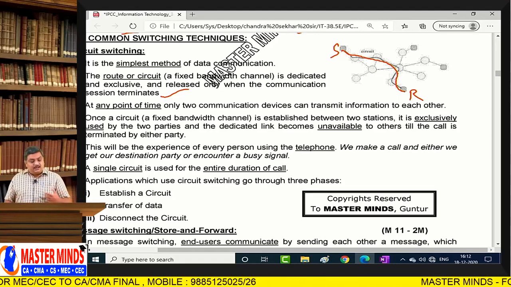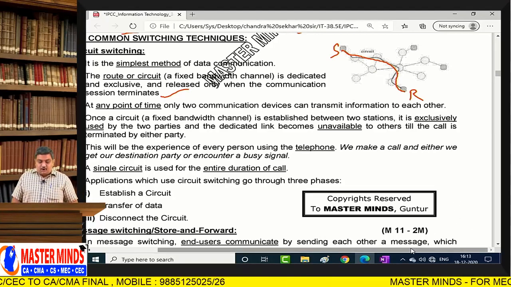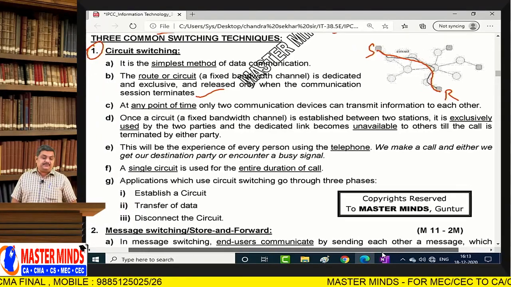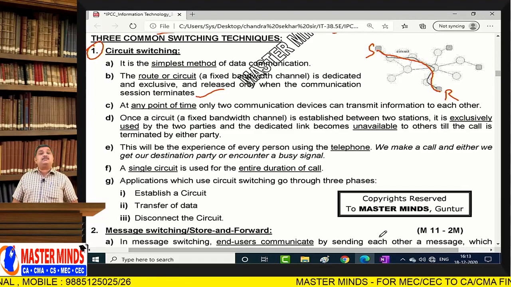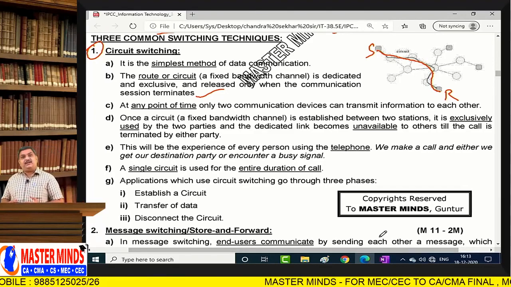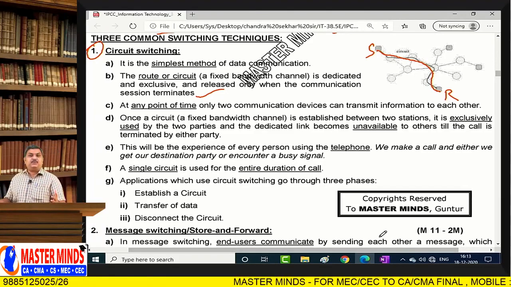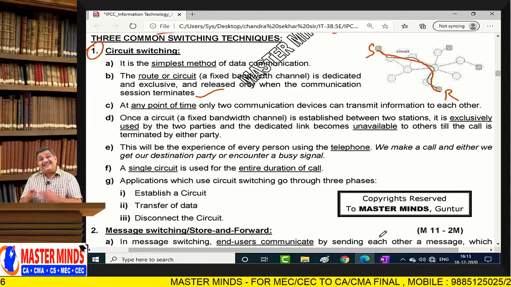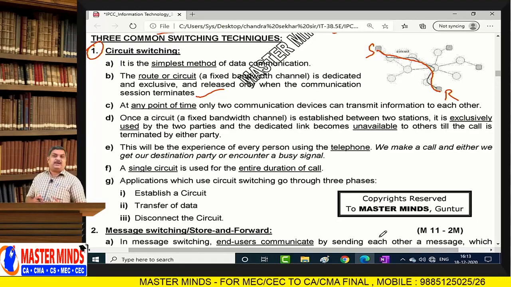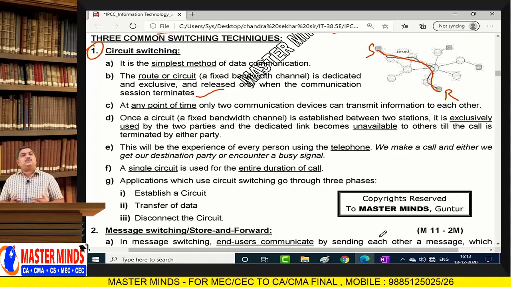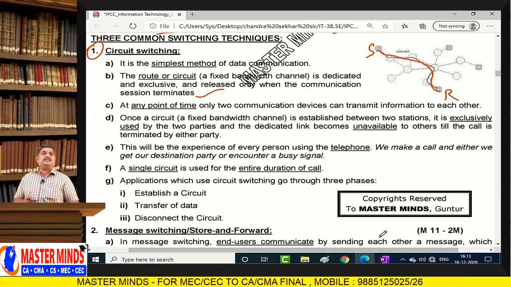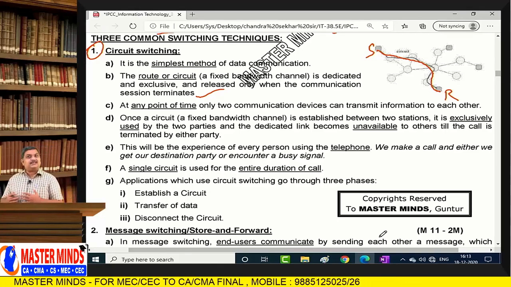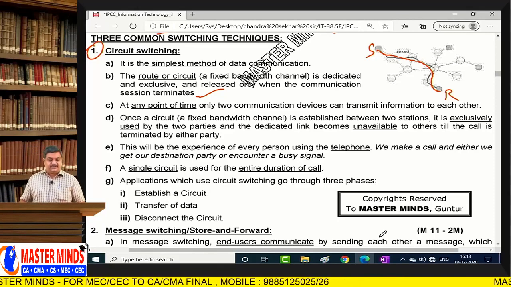That is the reason in normal phone calls we always get a message like all lines are busy. Why all lines are busy? Because all lines existing are engaged with calls. So, in order to connect your call, a dedicated line, a separate line is required and that is not available. That is why the telecom operator says all lines are busy or all channels are busy. That is the significance of that particular message.